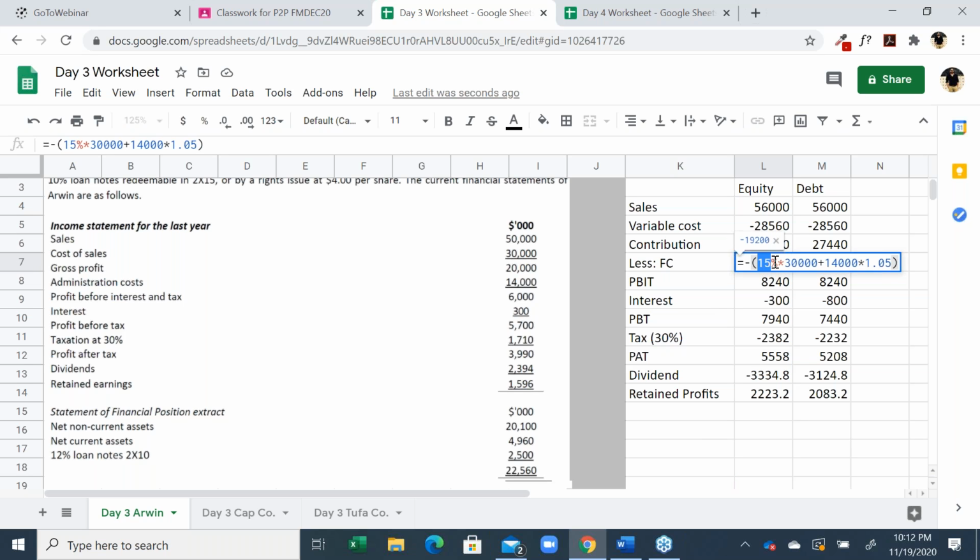Fixed cost is 15% of the cost of sale, the fixed cost of sale, which is 30,000, 15% of 30,000, and administration cost. Existing administration cost is 14,000, and the question says it will increase by 5%. Okay, now